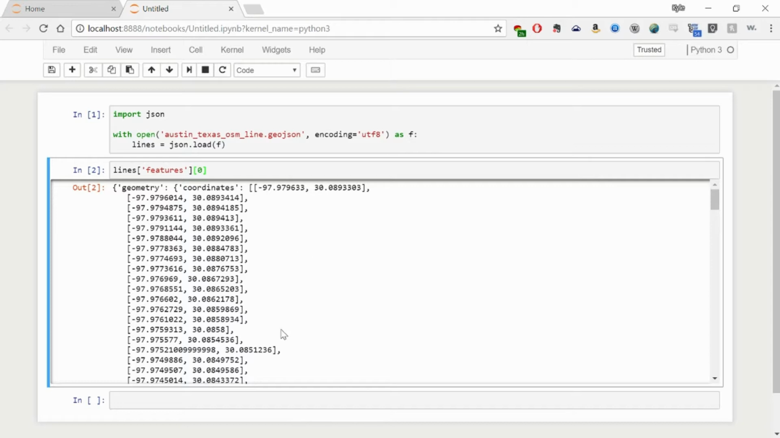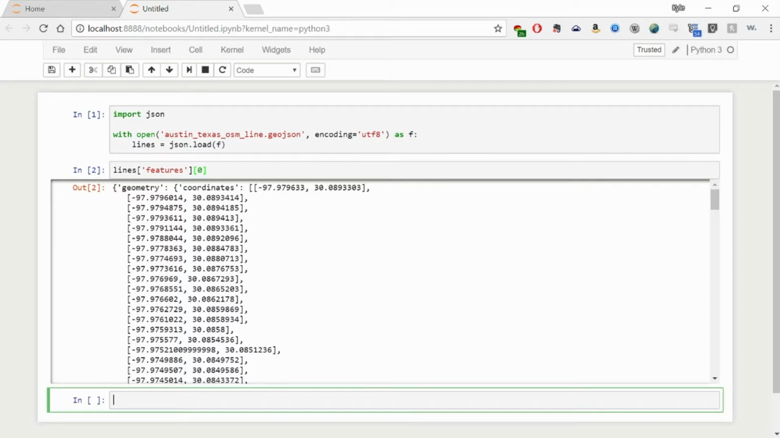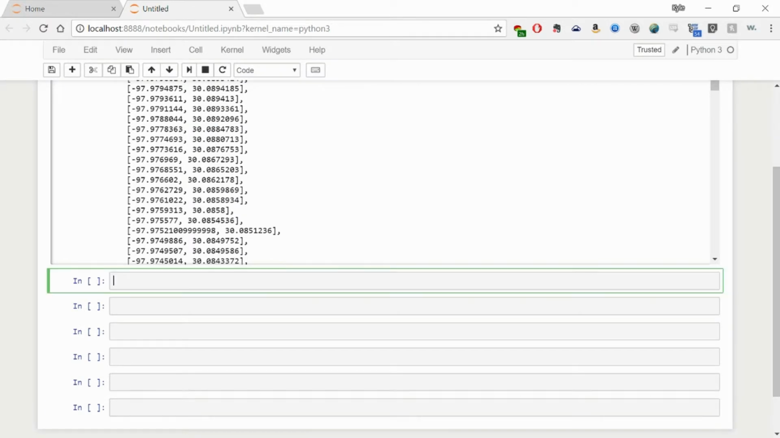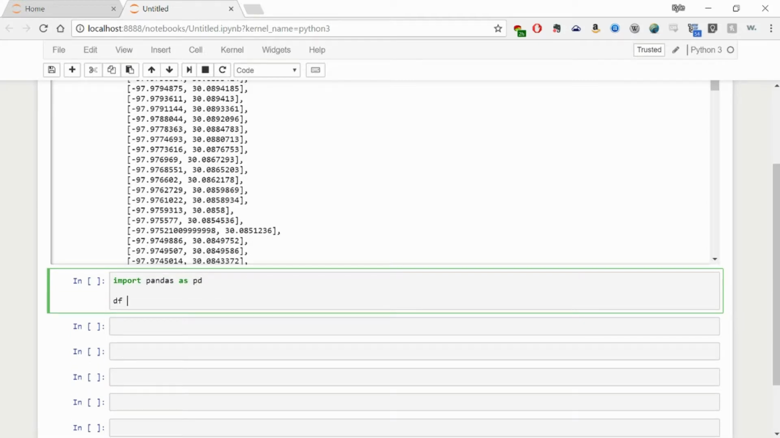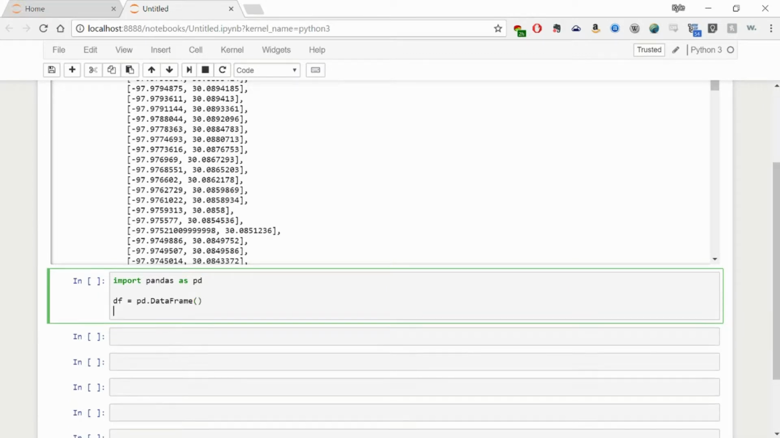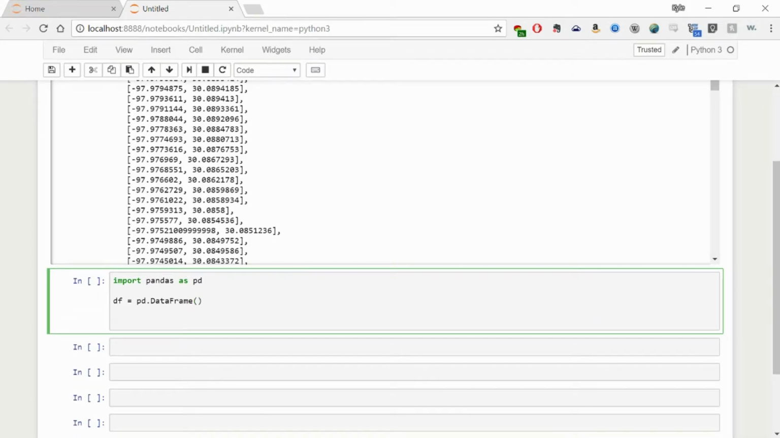So that's what we're going to do, and the easiest way to visualize it is probably to put it into a Pandas DataFrame. So let's go ahead and start doing that. We'll import Pandas and initialize an empty DataFrame, and we'll loop through each of these features. So for i, feature in enumerate